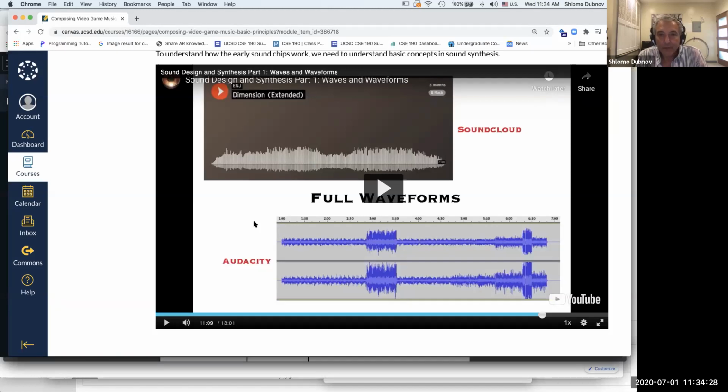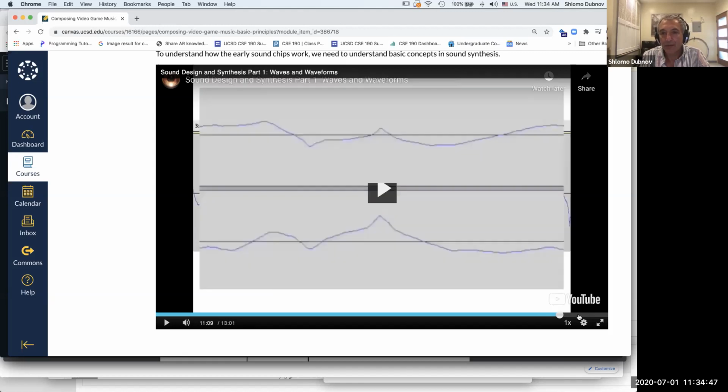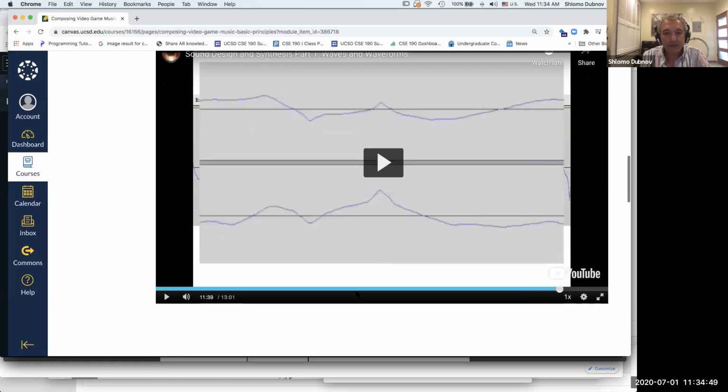You will definitely benefit from being able to import sounds and not just work with the sound editor and notes. With Audacity, you can upload some waveforms and start getting a better feel of how vibrations in the air behave and how they're related to notes and timbre. So check out this video.